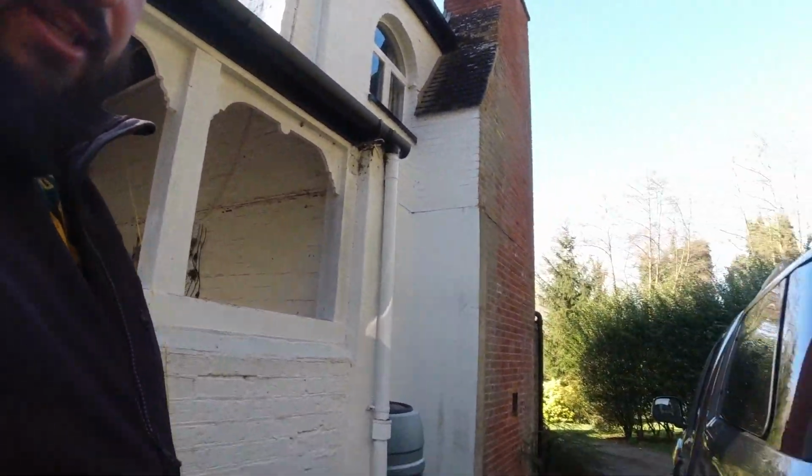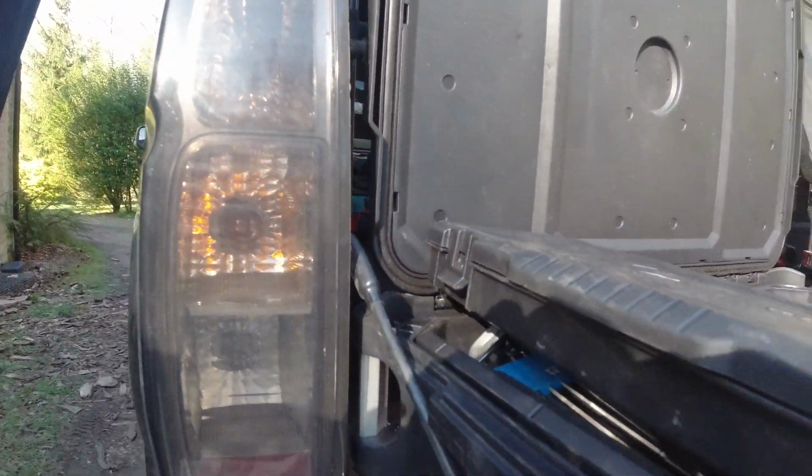We've got a slight rust issue. So today's job is flattening it back. We're gonna spray paint it with some truck bed liner, make it look pretty, and also we're gonna wire up some extra reverse lights, because I have fitted, from when I bought it, these lovely